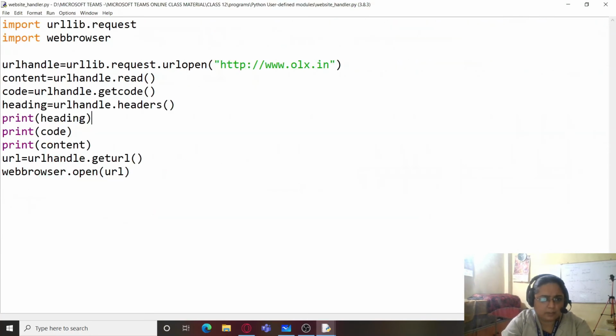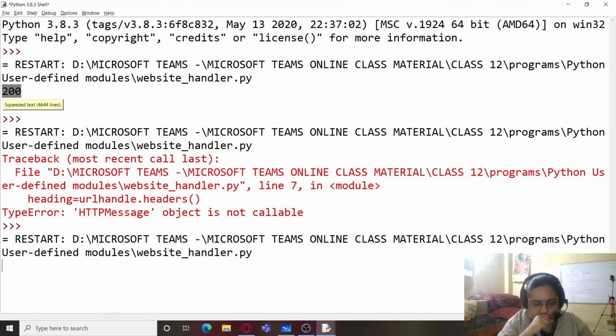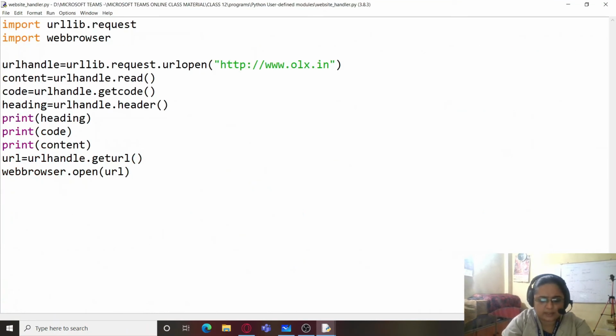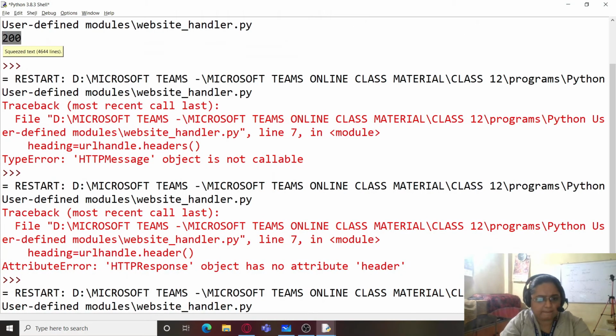Okay, there is some problem. It should be header. Okay, no attribute header. Let me see what is the error here. Instead, let me use the info function.